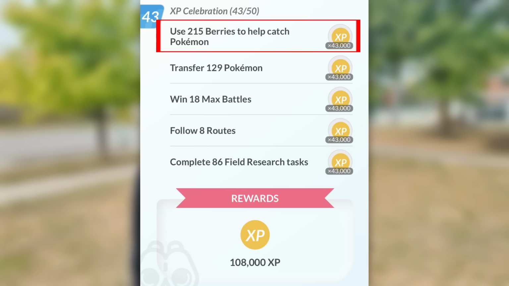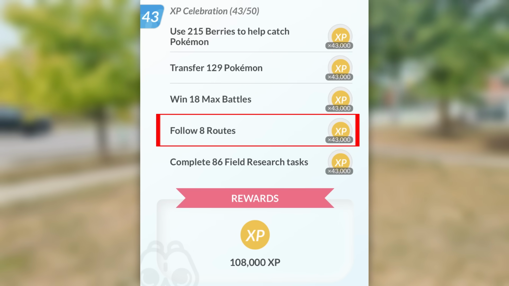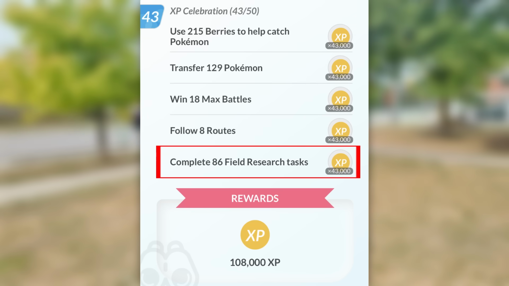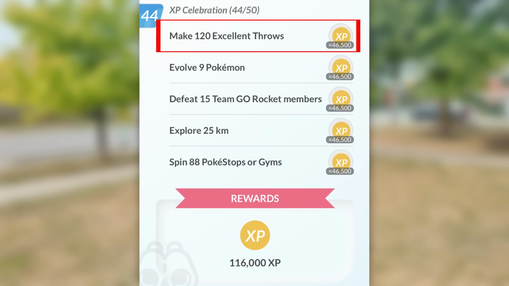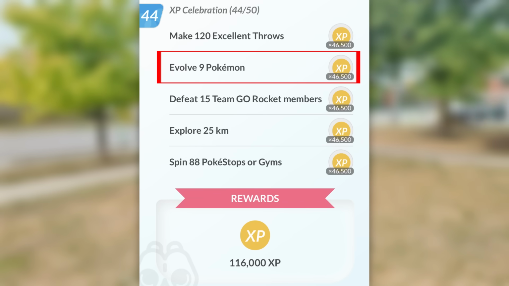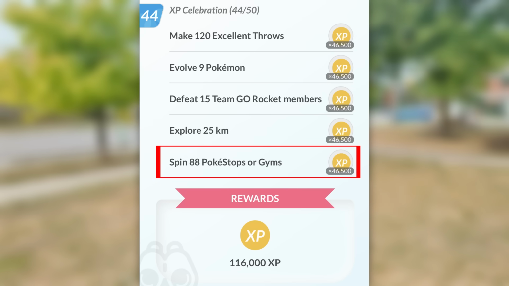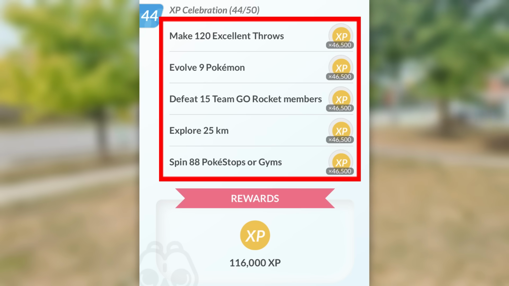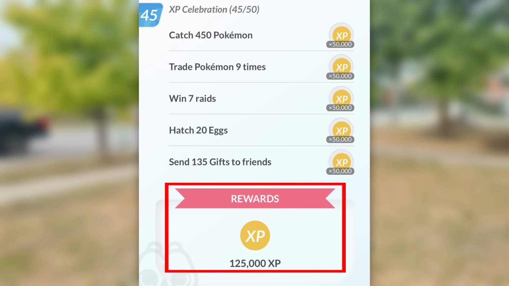43. Use 215 berries, transfer 129, win 18 max battles, follow 8 routes, complete 86 field research tasks, 43,000 per, 108,000 XP. 44, make 120 excellent throws, evolve 9 Pokemon, defeat 15 members, explore 25 kilometers, spin 88 Pokestops, 46,500 XP per, 116,000 total. 45, catch 450 Pokemon, trade Pokemon 9 times, win 7 raids, hatch 20 eggs, send 135 gifts to friends, 125,000 total,